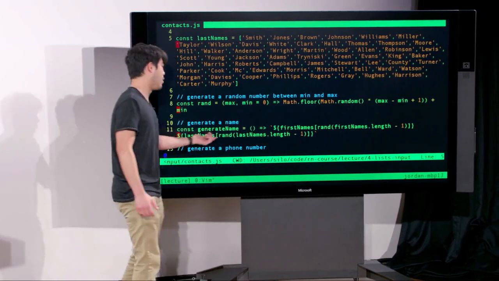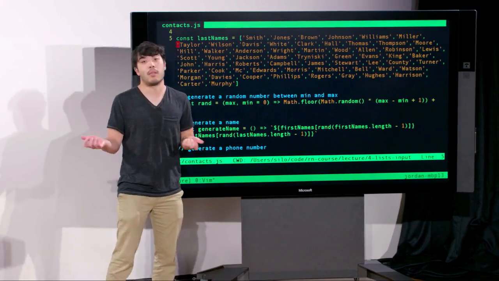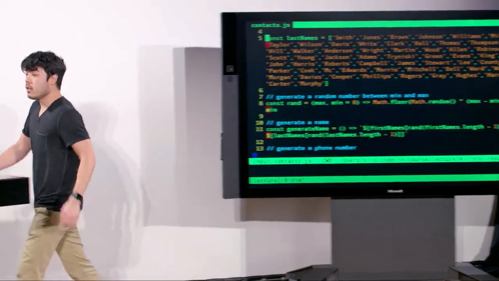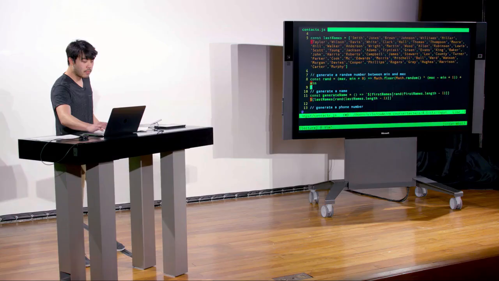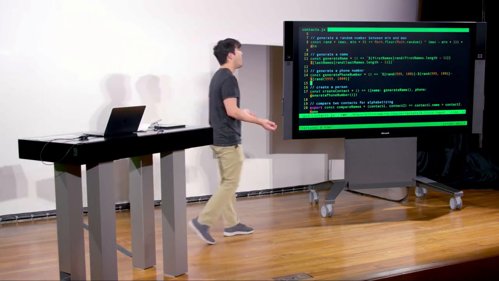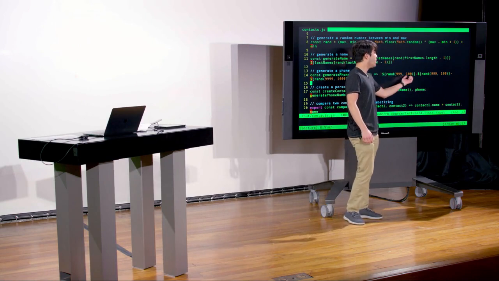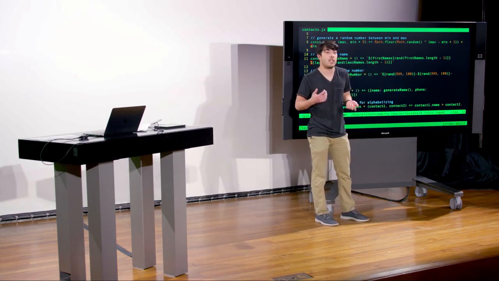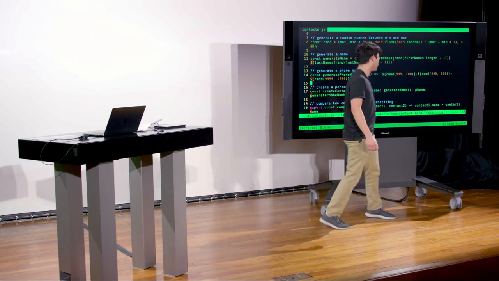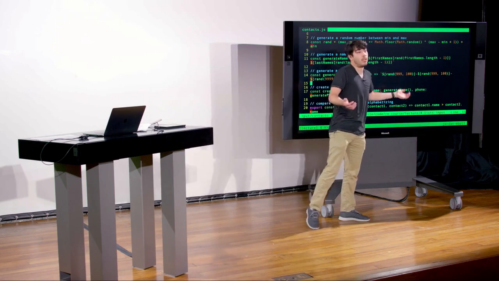We do a similar thing with the last name, and then use this template literal to give us a random name: first name, space, last name. We see a similar function down here that will allow us to generate a random phone number. We see that random function again, giving us a number between 100 and 999, so basically a random 3-digit number. Again, another random 3-digit number, and a random 4-digit number with dashes in the middle,